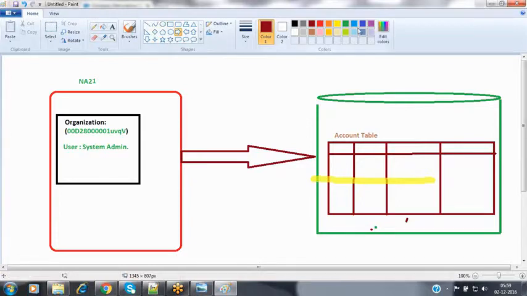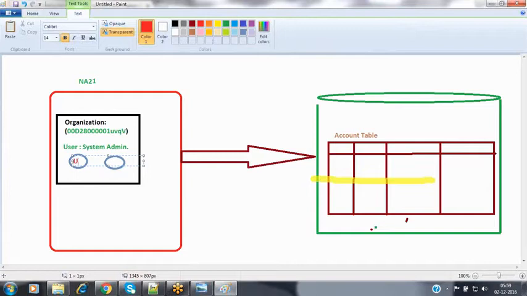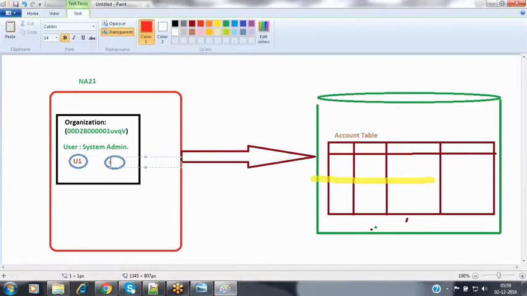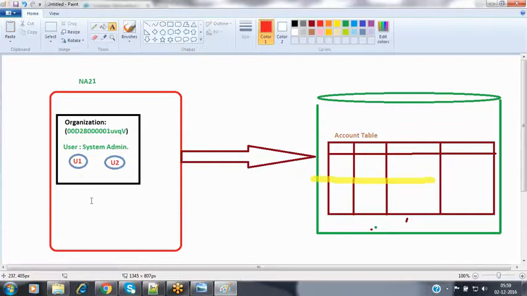Now assume that we have some users, like user 1 and user 2. Because the editions and the licenses are different, each and every user should have a license.